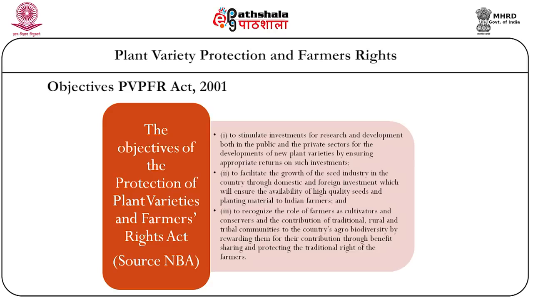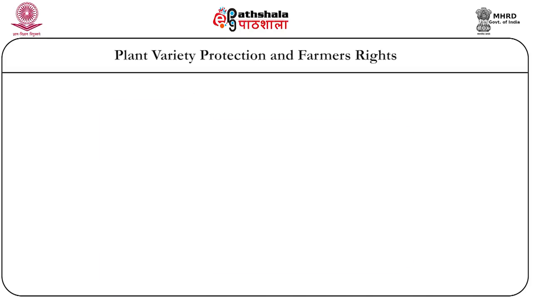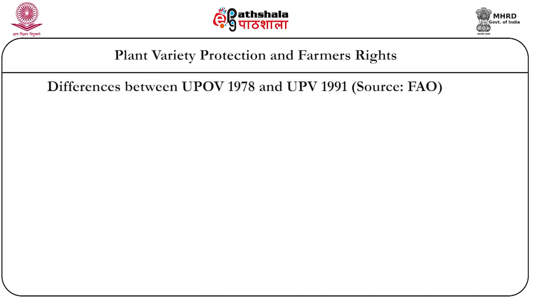and conservers and the contribution of traditional, rural and tribal communities to the country's agrobiodiversity by rewarding them for their contribution through benefit sharing and protecting the traditional rights of farmers. With these three objectives in mind, let us now discuss the differences between the international regime, that is the UPOV